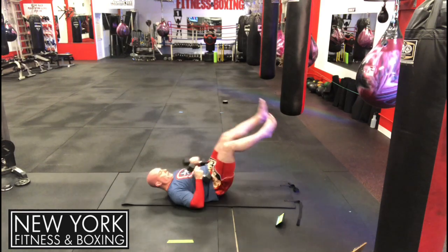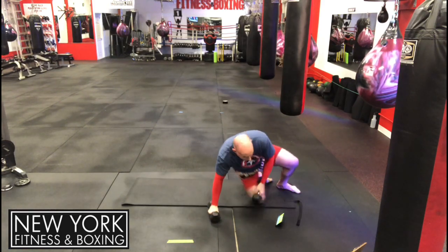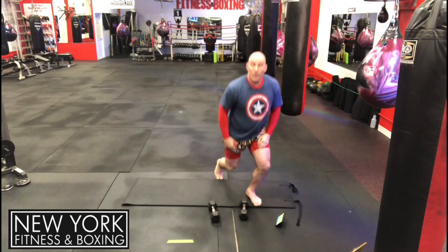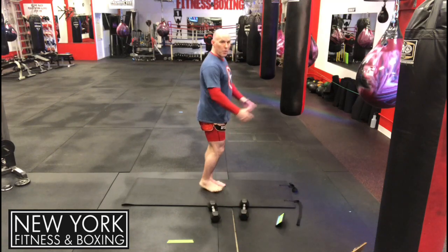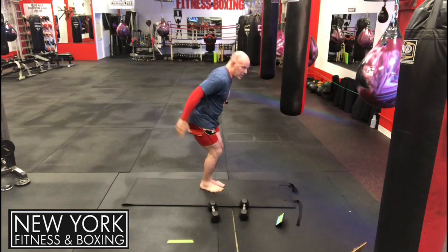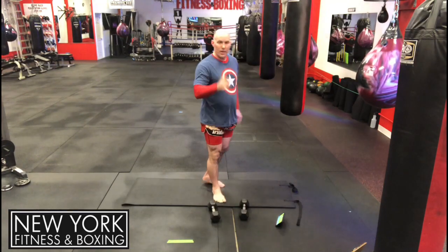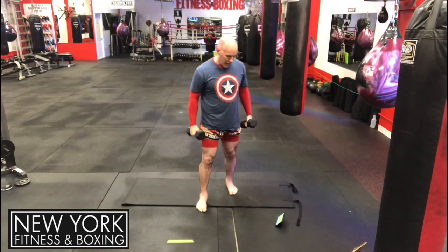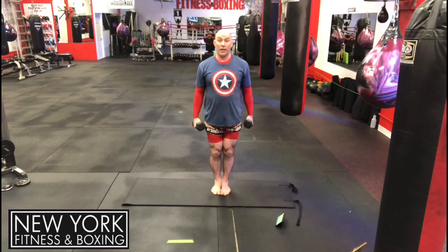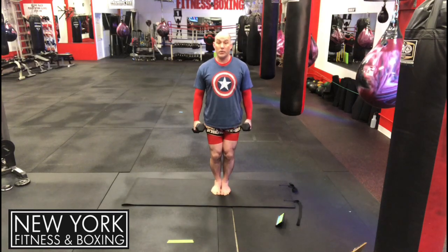All right. Cycle one down. Cycle two. A lot of swinging action. Whenever we swing, the emphasis is the hips. It's not a squatting motion. We're going to hinge at the hips, project through. First one, skier swings. Skier swings mean hands by our side, our feet are close together with a slight knee